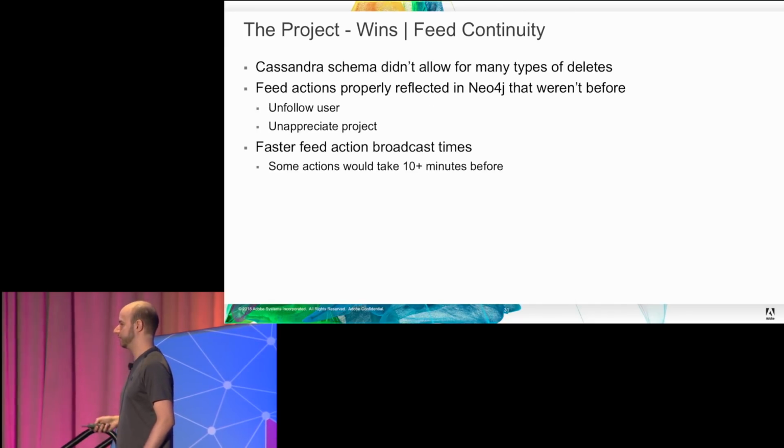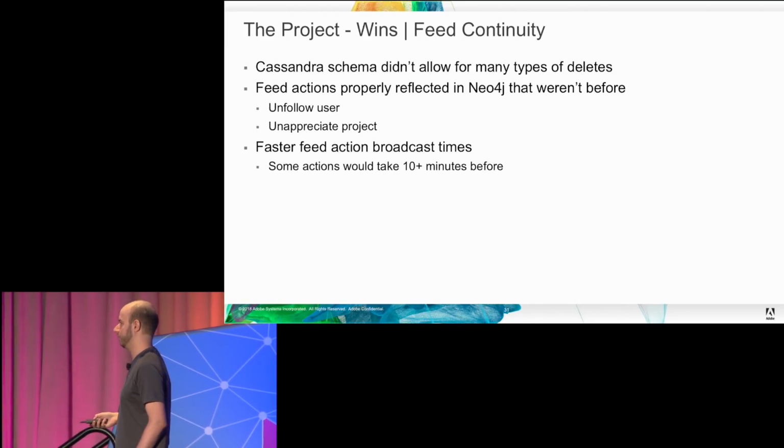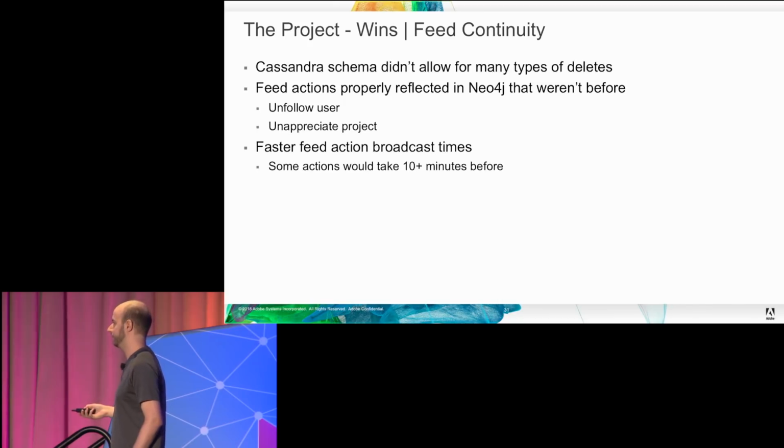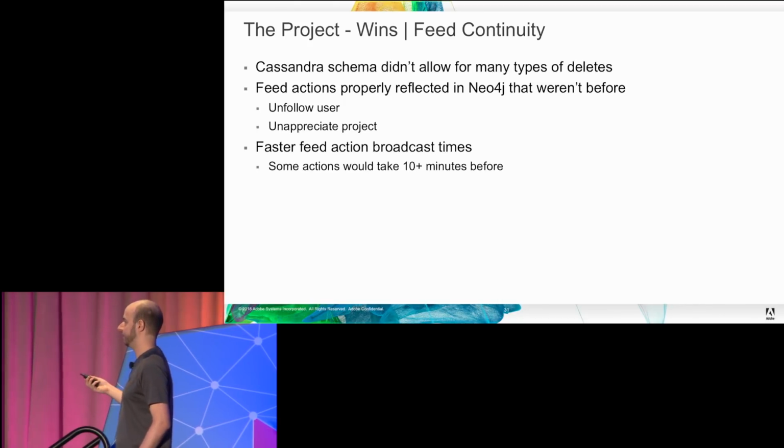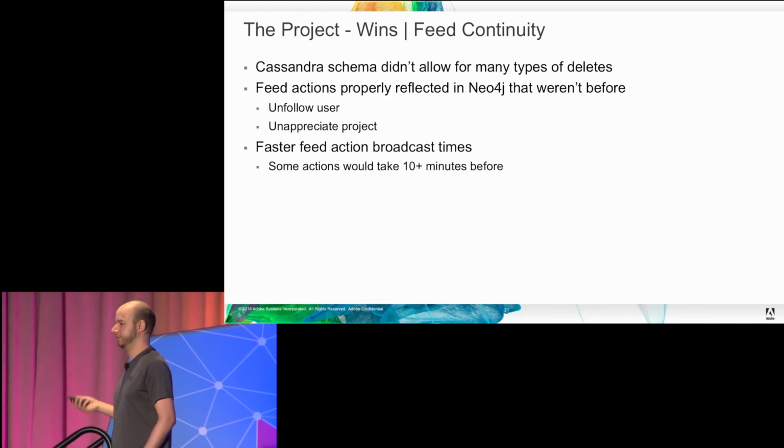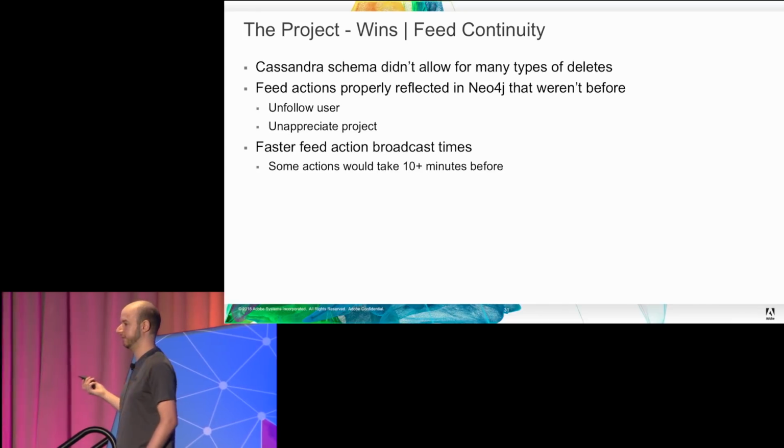Then we get some basic wins just because of the more normalized model with feed continuity. With Cassandra, for the model we had, we couldn't really delete data how we wanted to. It was really hard to. So with Neo4j, we get basic continuity, like when you unfollow a user, for instance, that content disappears from your